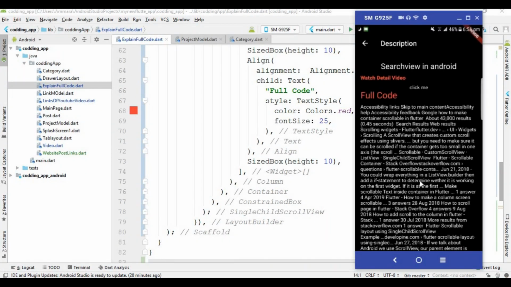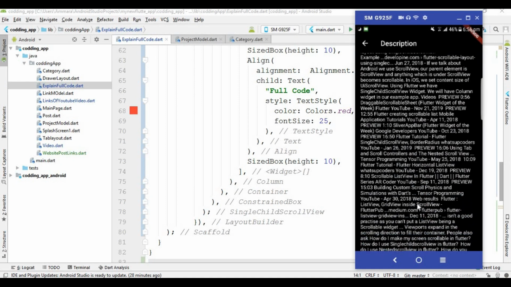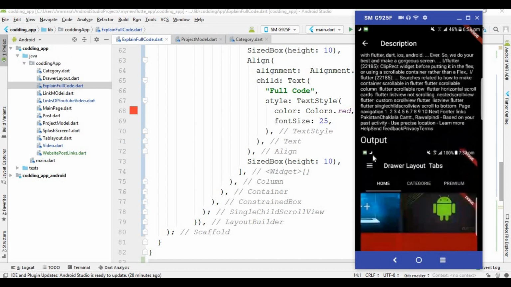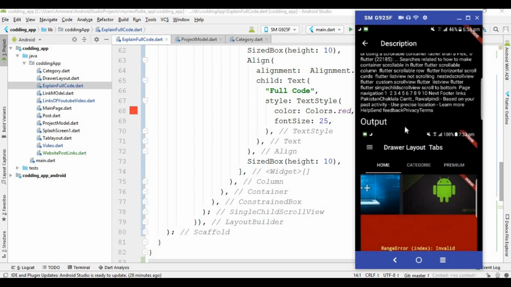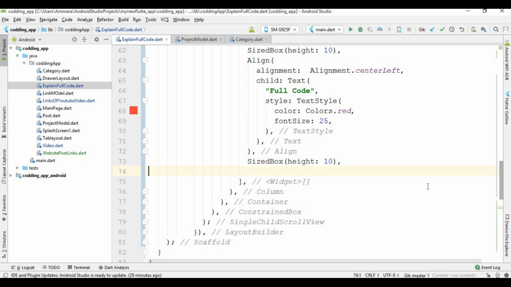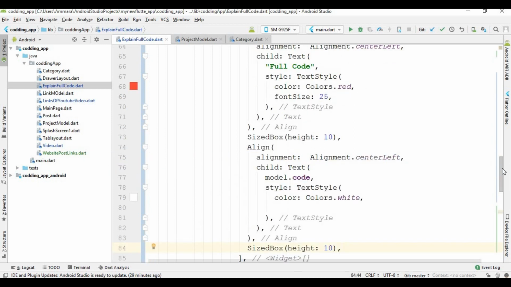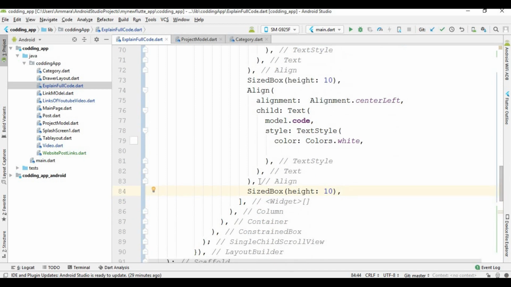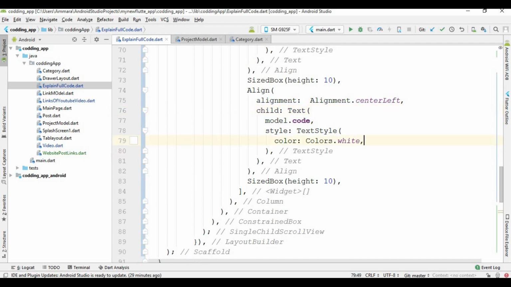So this code section, and after that I create a text for this output, and after that I create this image view. The layout is very simple, there is no difficulty in that. And now you can see that I also use align class for this and fetch the code from this model class and set the color white.